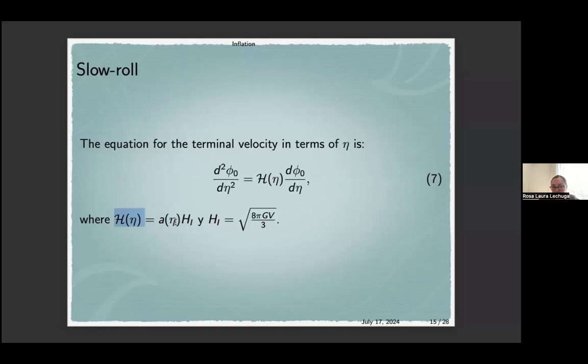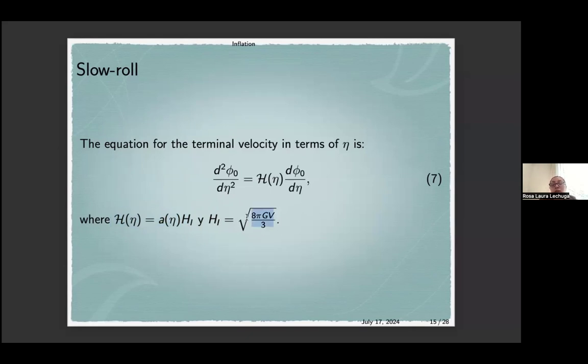So be careful, because there are many similar symbols as the H that depends on the physical time, which is responsible for the expansion, and this H that is the analogous term, but in terms of the conformal time. And we have an additional term that is this term. I know that sounds trivial, but actually in many references or manuscripts, you can find several mistakes about this quantity. So be careful: when you talk about the expansion, it is with the physical time. To perform the calculations, or to get some procedures easily, you can use this expression. And this expression could also be written in terms of this